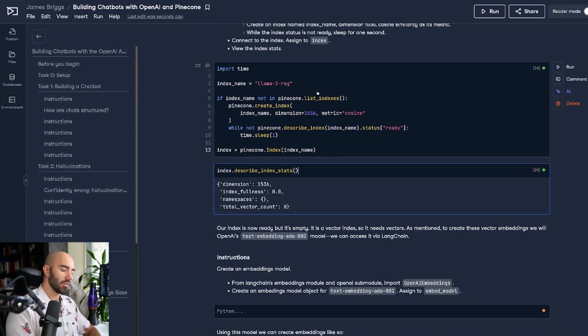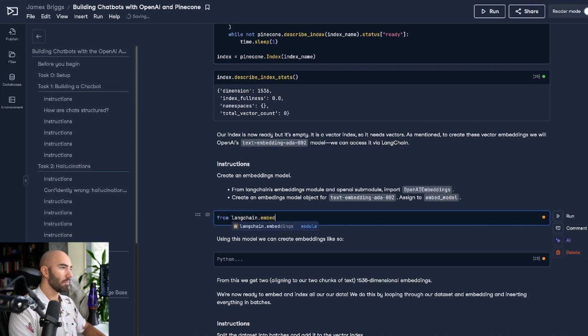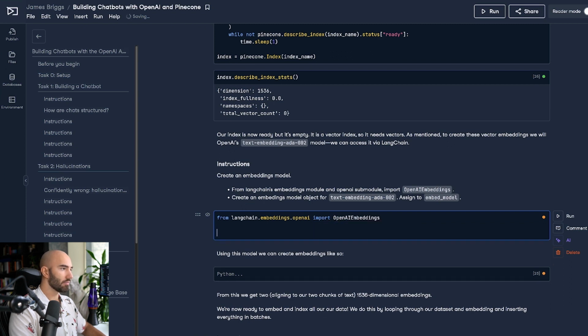Now what we need to do is initialize our embedding model. Like I said, we're going to be using the ada-002 model from OpenAI, and we're going to use that via the LangChain library. To do that, we need to import the OpenAI embeddings class. And we can do that like so. So we do from langchain.embeddings.openai, we want to import OpenAIEmbeddings.